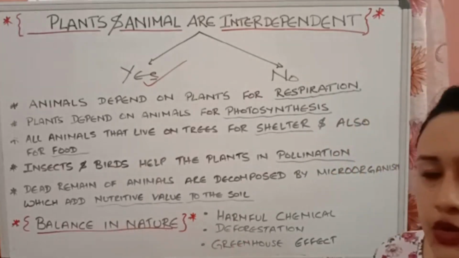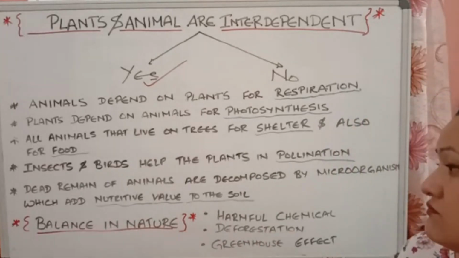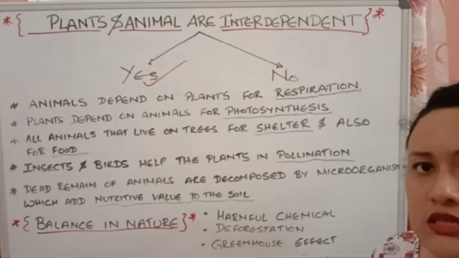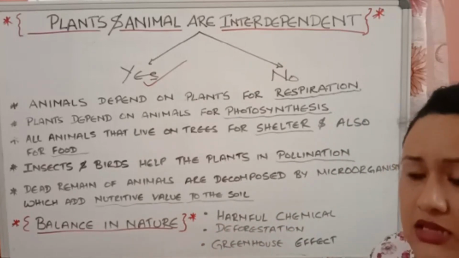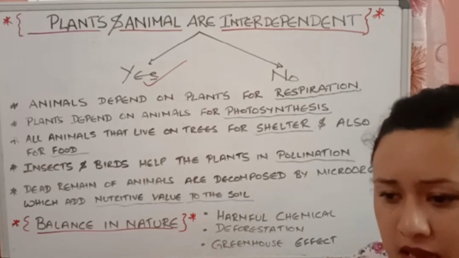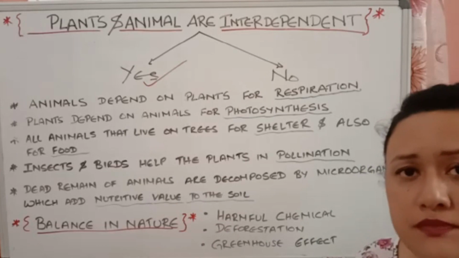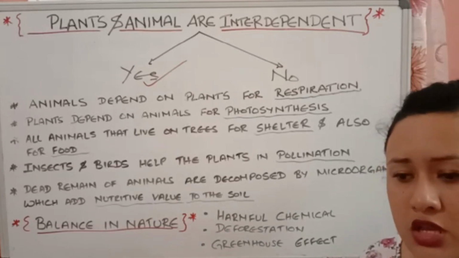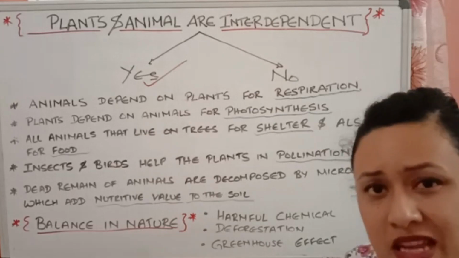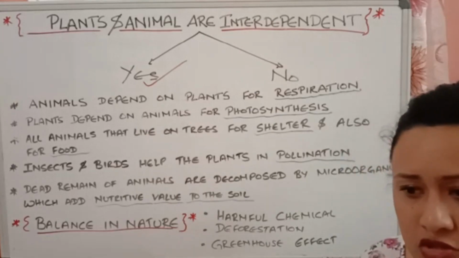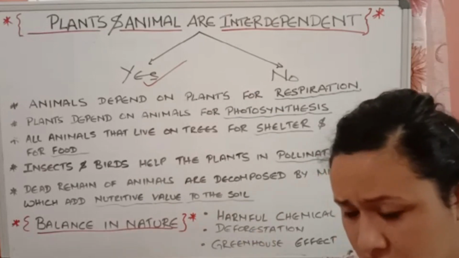There are three ways that we need to discuss. They are: humans have started using harmful chemical substances like fertilizers, insecticides, pesticides. So they harm the ecosystem also. They not only kill the pests and insects, but they destroy other useful substances like fungus, useful bacteria, not germs, microorganisms, I mean to say. So they kill them.